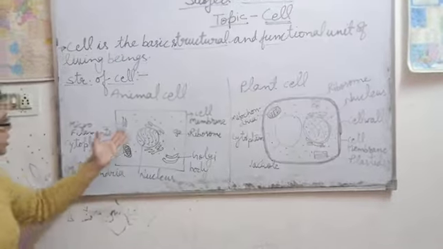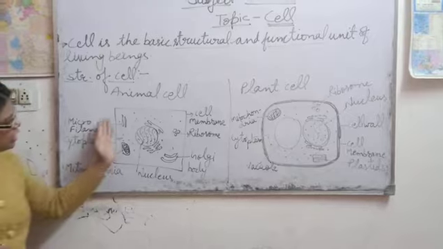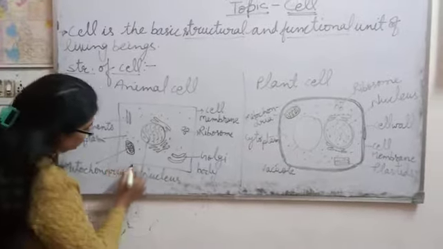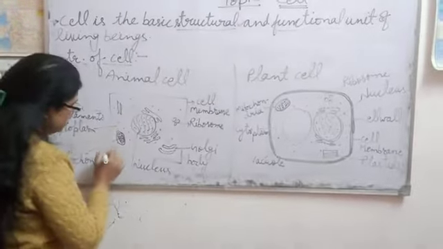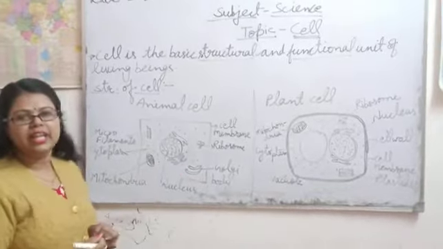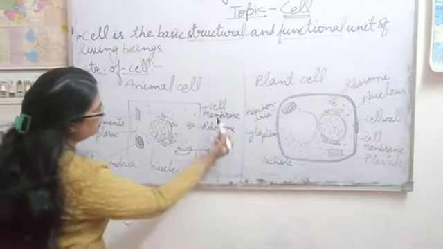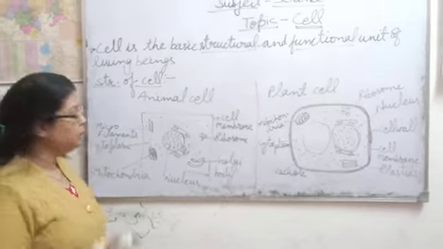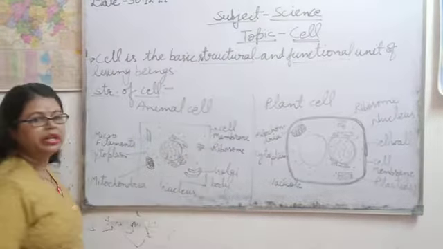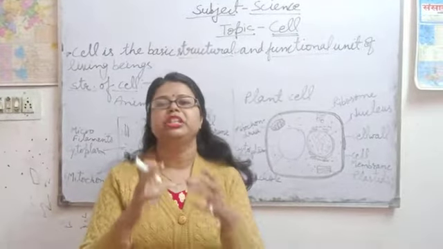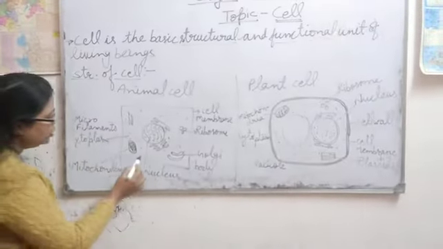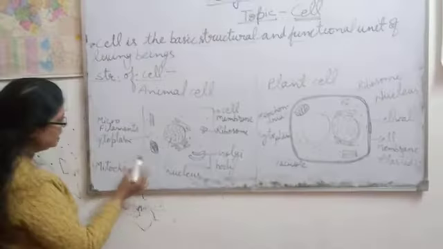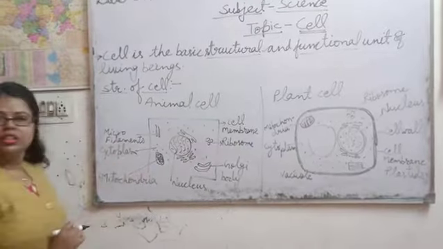We use a microscope or magnifying glass to see a cell. Now, what is the basic structure of an animal cell? The animal cell has a block-like structure, this membrane that holds all the material of the cell. This membrane is called the cell membrane. It is a thin permeable membrane, and the cell membrane holds all the material of the cell. Now there is a fluid present in the cell. That fluid is called the cytoplasm.